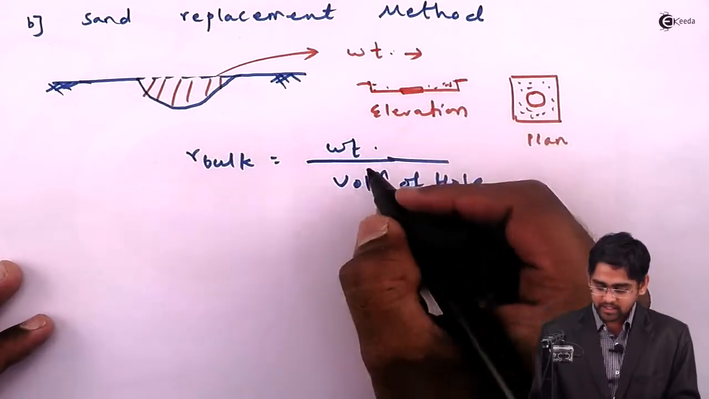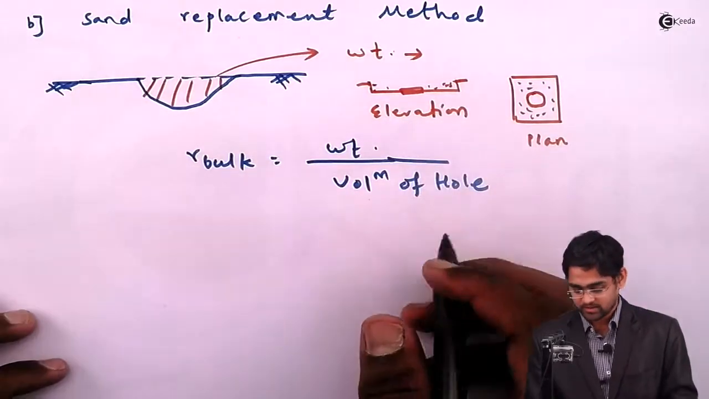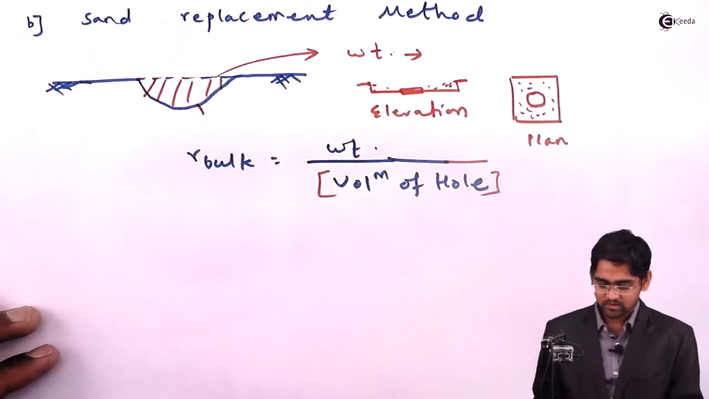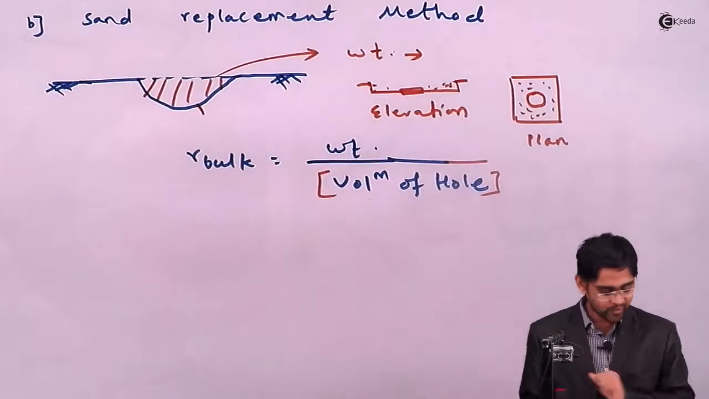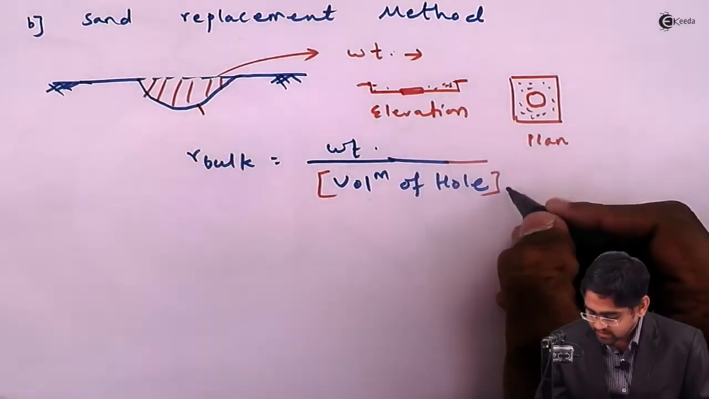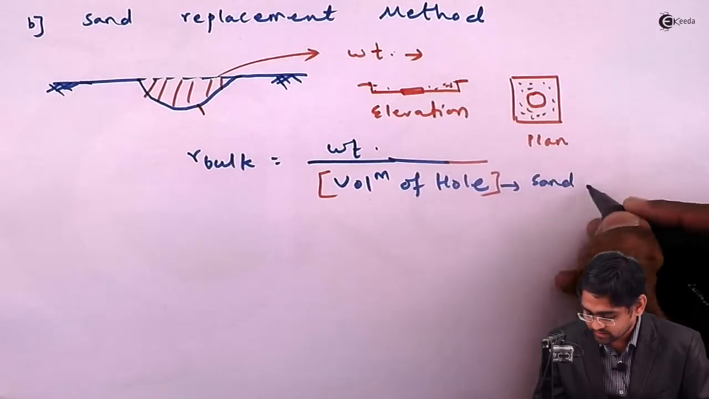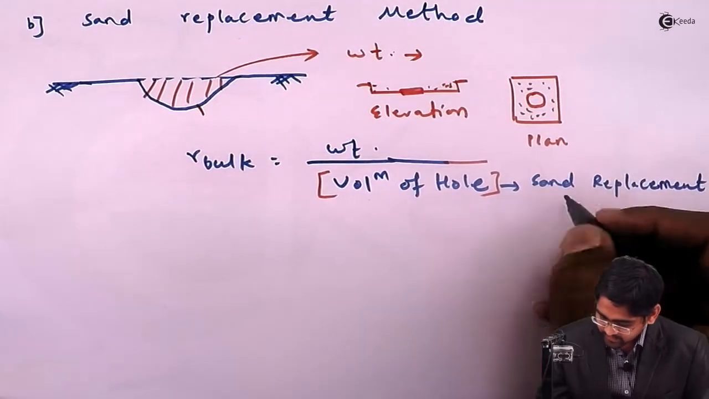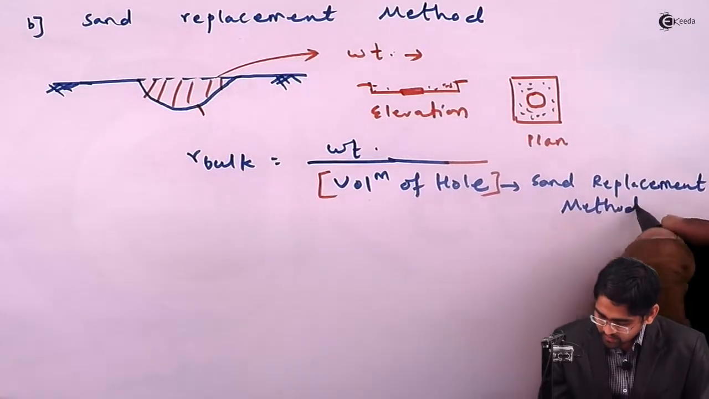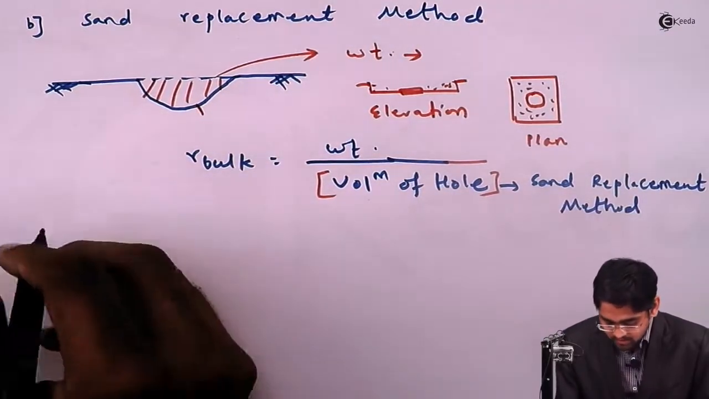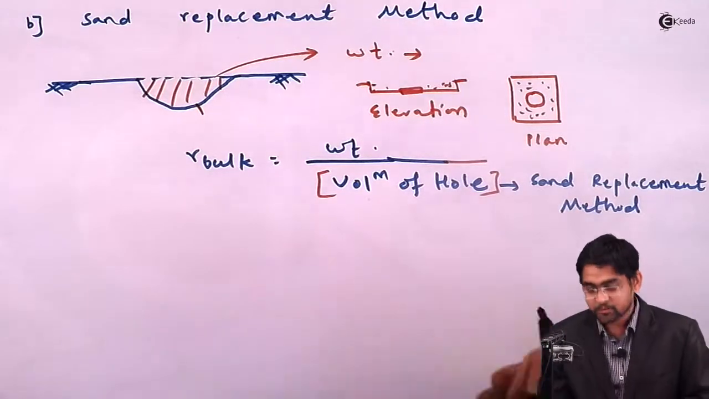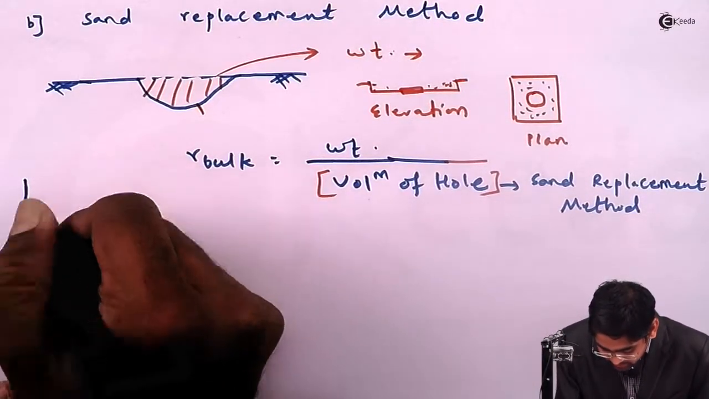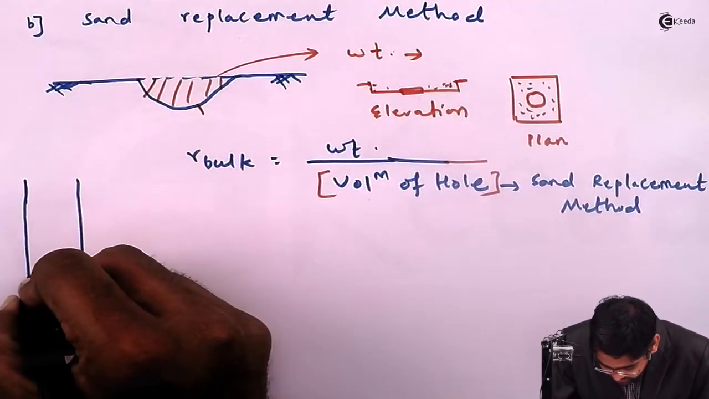So after calculating weight, one part is over, but the complicated part is still left. How to find out the volume of this hole, which is not easy to determine? So the volume of this hole is determined by the sand replacement method. That's why the name came, sand replacement. What you will do, probably if you have done this experiment in the field, you know this container. This container looks like this,